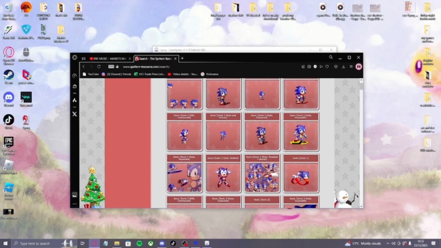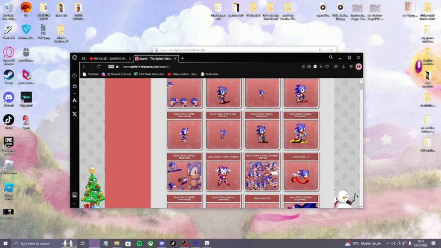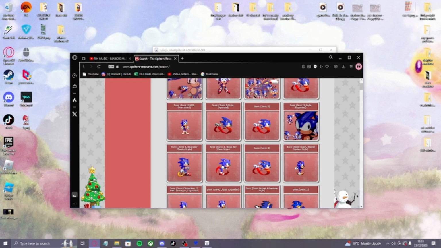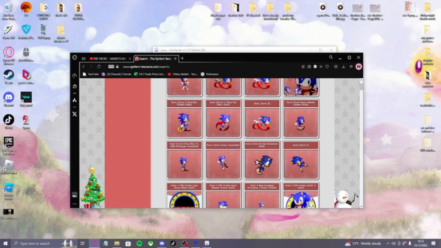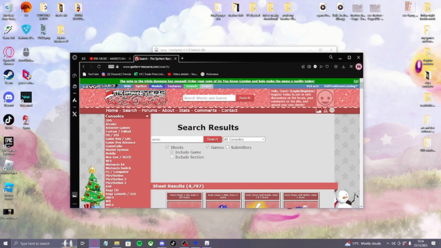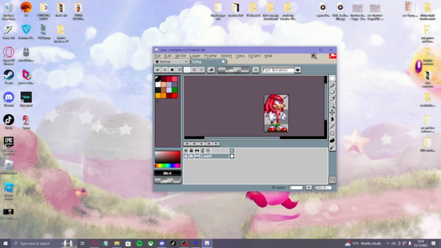Not every sprite sheet will have the stuff you're looking for. Most of them are just made for fun, but many are actually meant for in-game use, so you can actually use them for that. They have most characters, but if your character isn't there, you can always try other sprite sites or search in Google Images, although that might not help. Anyway,